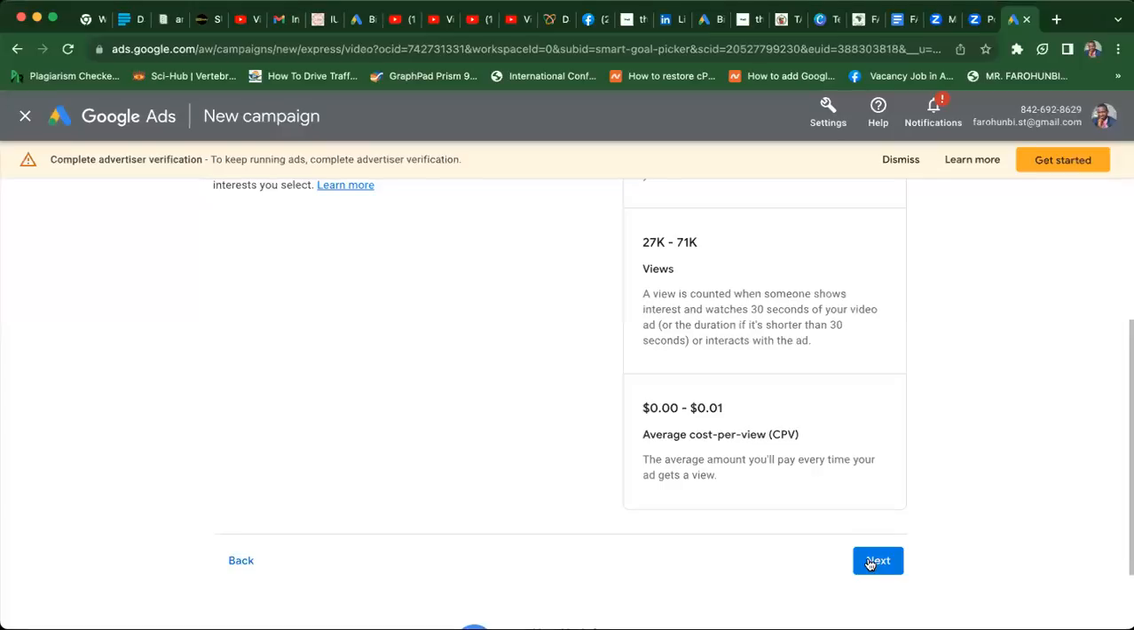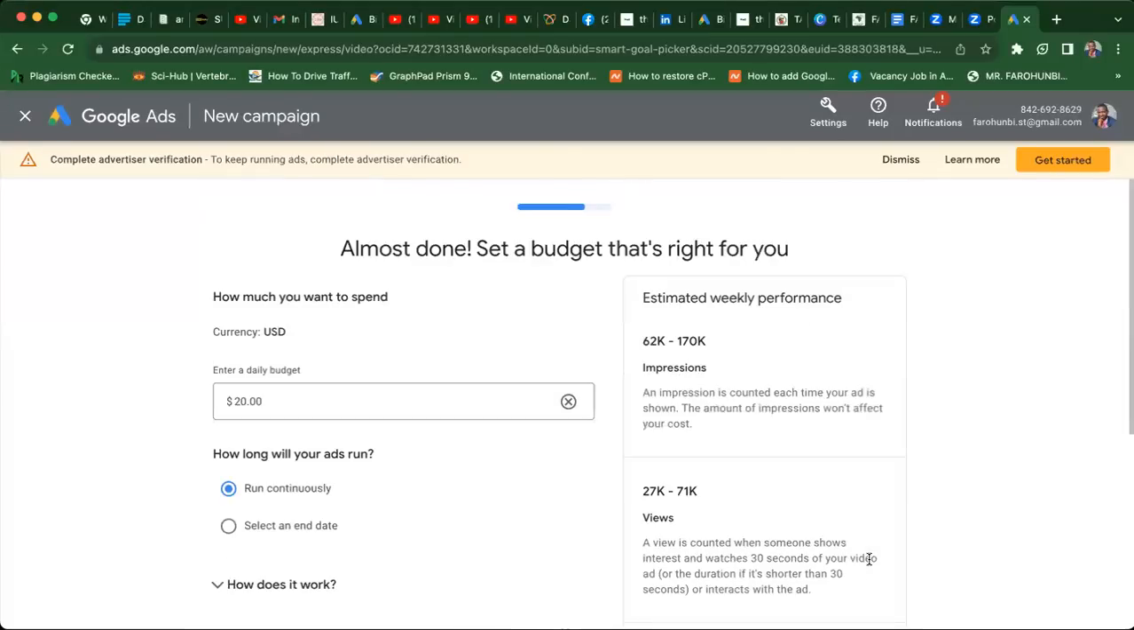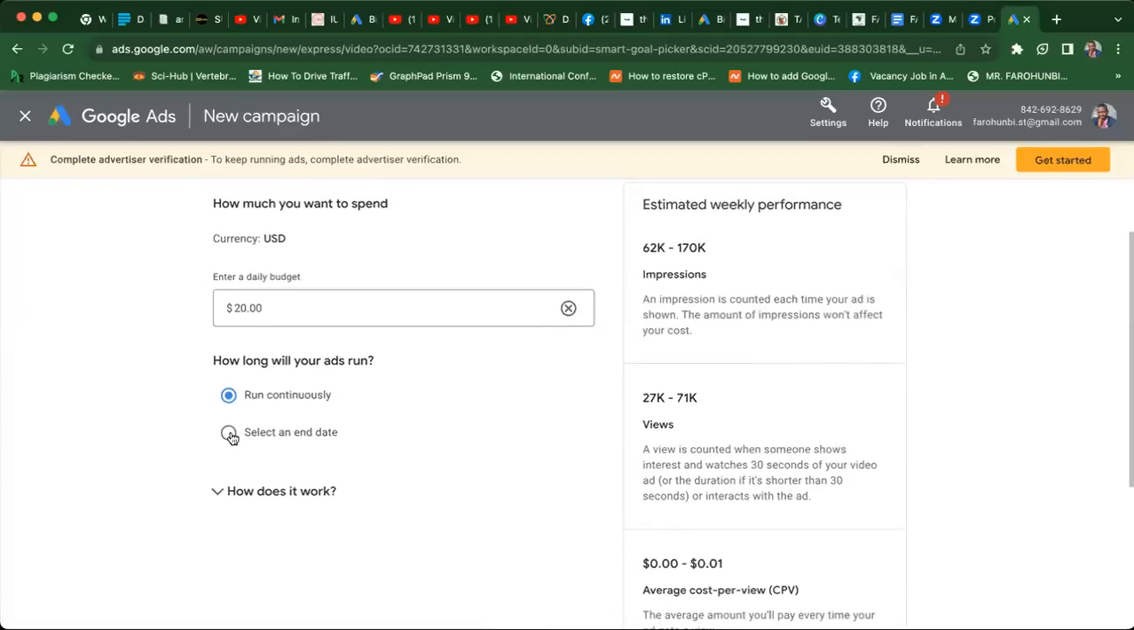And then the next thing is that I'm going to go to next. So this is going to come here right now. And then I want to say, how much do I want to spend per day? This is very, very important. This is going to show me how many people will be reached. Now, it's suggesting for me, do I want to run it continuously or I want it to end on a particular day? So this advert right now that I'm running now, I want to run this advert for at least